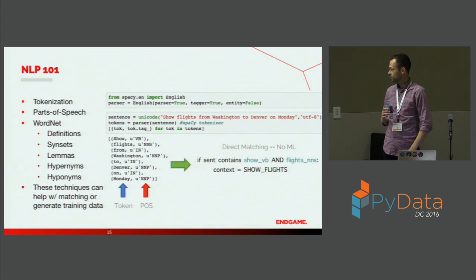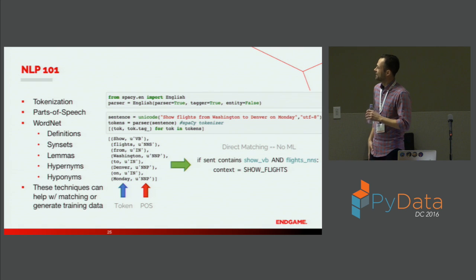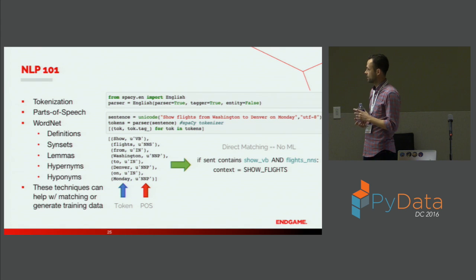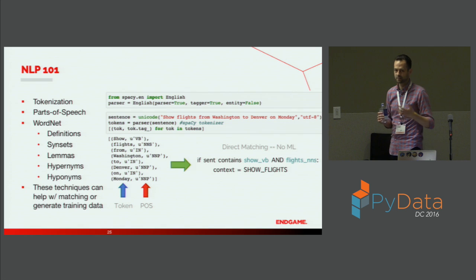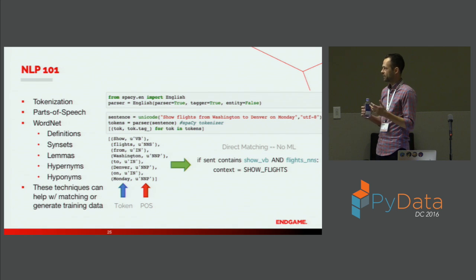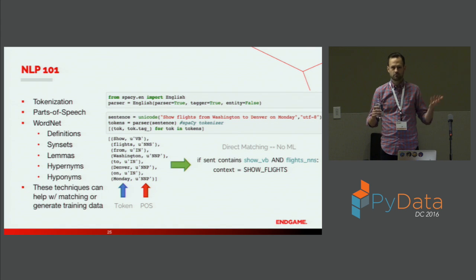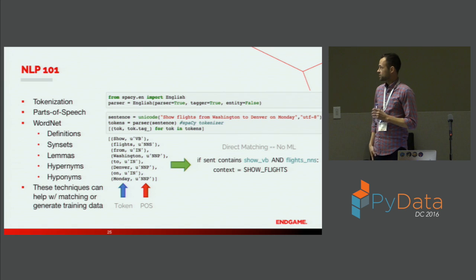So, quick NLP 101. I don't know, maybe it should just be 001. This is very basic, but we're going to use SpaCy. If you're familiar with SpaCy, it's really great, super intuitive, not very difficult at all. Our sentence here, which mimics what a user would potentially type into a bot, is: show flights from Washington to Denver on Monday. We'll tokenize it and then grab its parts of speech, tokens on the left, parts of speech on the right. The reason you can do this is maybe you don't want to use machine learning at all. You could literally just build a giant decision tree of if-else statements, and parts of speech will help you with that.